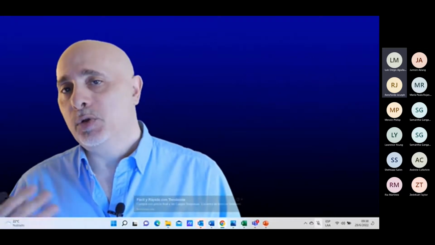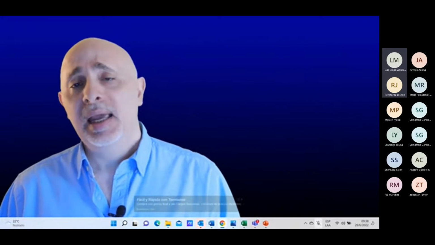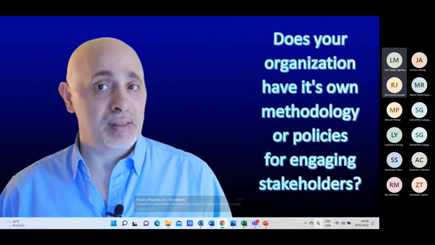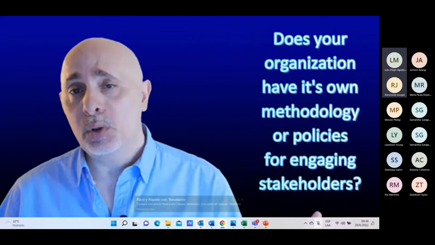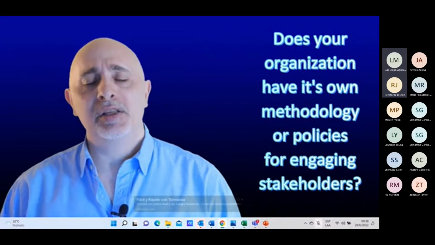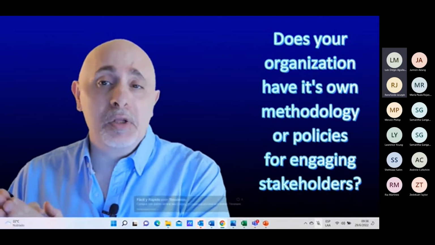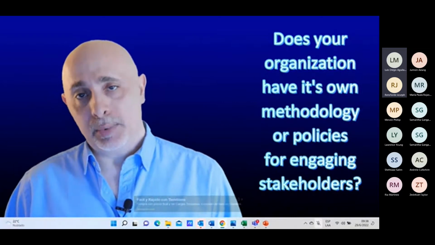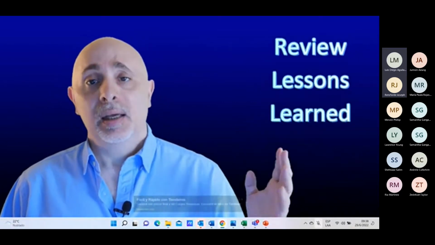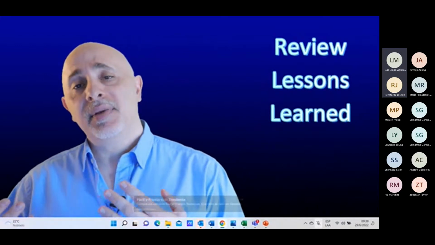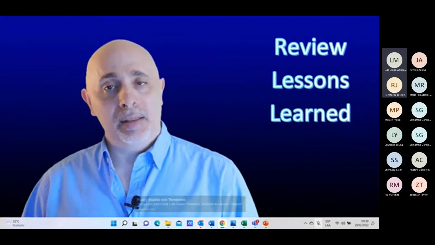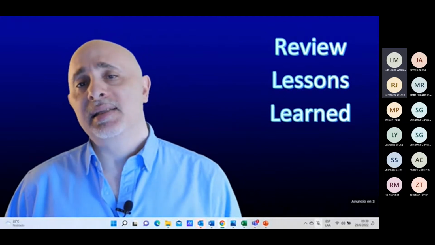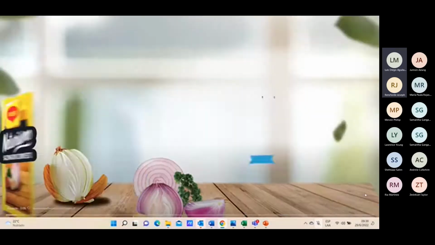Now, you could also look at any tools or processes that exist in the organization, and these would be an asset to you in maybe how to interact with different stakeholders. So an organization may already have its own well-developed means for how they engage different stakeholders. Maybe they have a methodology that they use. So see if they have any of these, if you're in an organization, and you could tap into that. You could also go back to lessons learned in the organization and see how these stakeholders engaged in different initiatives in the past. Were they always supportive? Were they troublemakers? Try to get a sense for what has happened in the past.